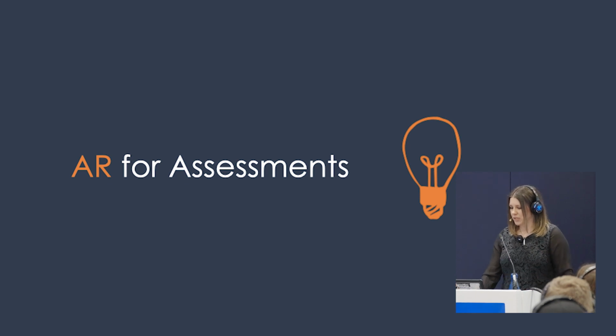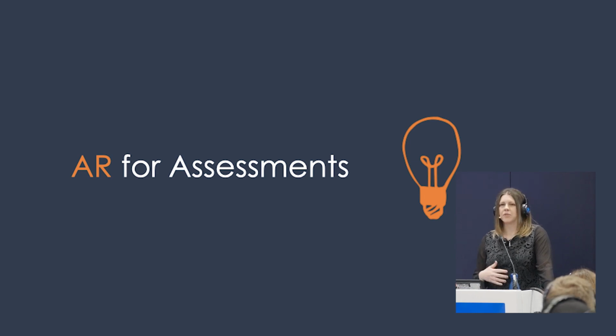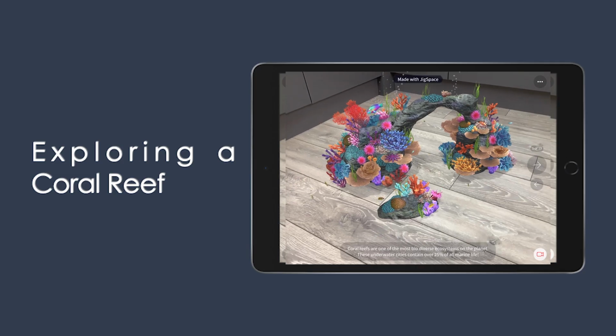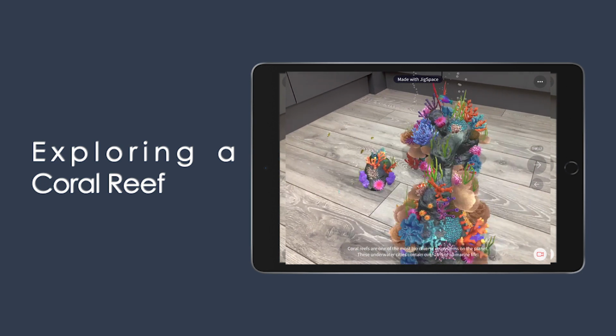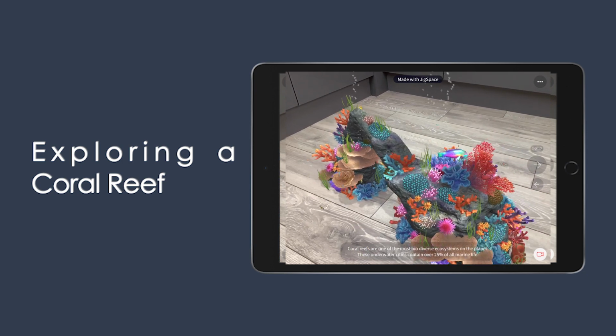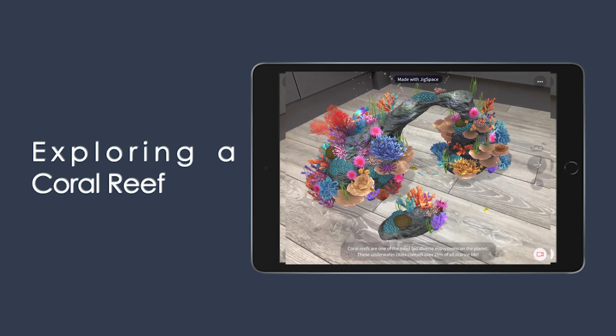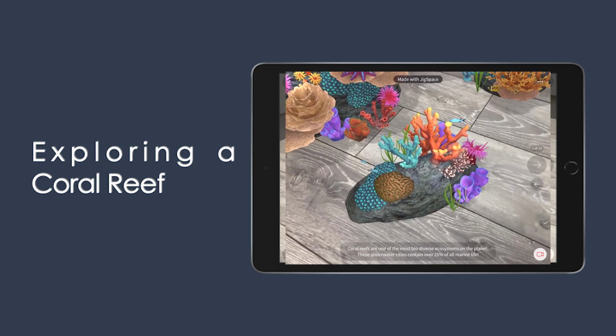So the last part of my talk today is just very quick about AR for assessments. We are making use of different AR apps to provide as pre-assessment or post-assessment for our students. In this example, we've made use of the JigSpace app to look at a coral reef as a pre-assessment for students to see what it is that they know, what it is that they're connecting with,